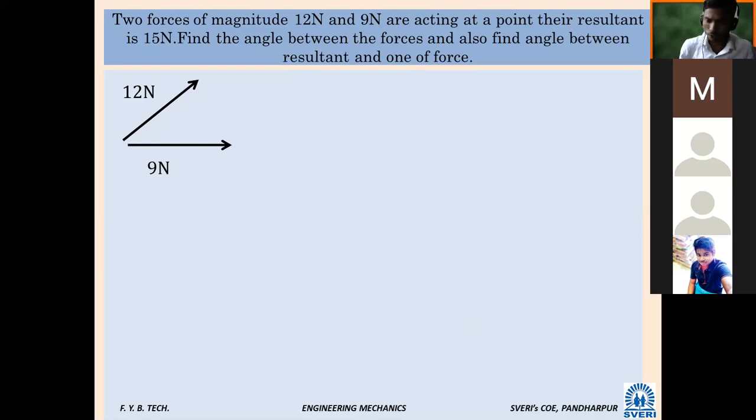Shall I tell the answers or tomorrow you are going to tell me the answer? Tomorrow we will tell you. Okay, no problem. But for your information, if you need the answer, I will tell. No, sir. Okay, you calculate. We will see your accuracy. Problem number 3 is given for homework. Tomorrow we will start. Okay. Thank you very much. We will stop now.